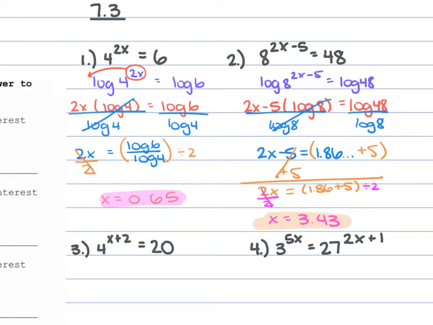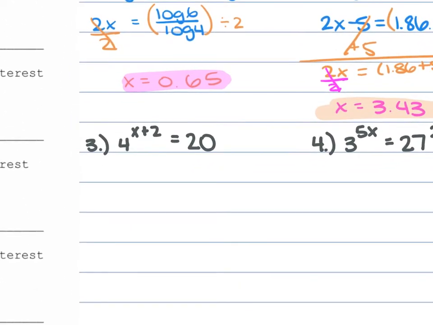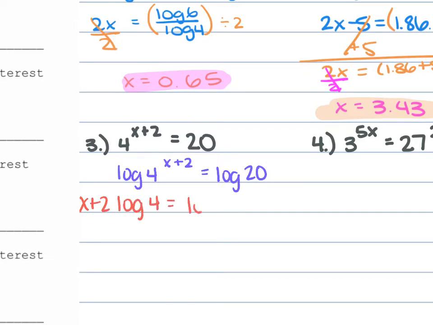For number 3, we have 4 to the power of x plus 2 is equal to 20. So this is going to become log 4 to the power of x plus 2 is equal to log 20. That x plus 2 goes out front, so it's x plus 2 times log 4 is equal to log 20. We are going to divide each side by that log 4,